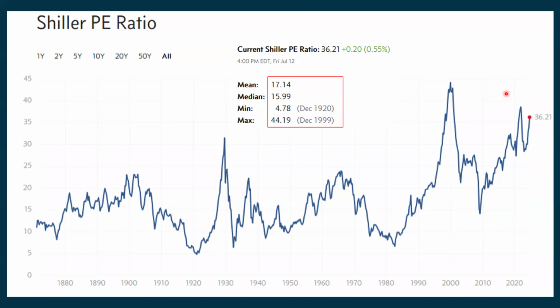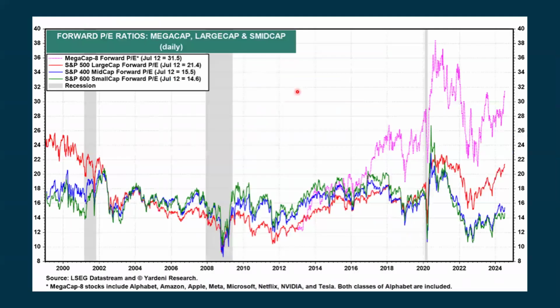And he has developed this other ratio that can also be helpful. It also looks back historically, where we're coming in right now at 36.21. Well, we have a historical chart to give some perspective there. We also look at what the numbers have been historically, and we're anywhere from about 16 or so with the median and about 17 with the mean. We're at 36 right now, but we've been this way now for quite some time. We're almost double expensive when you look at the average numbers over a period of time.